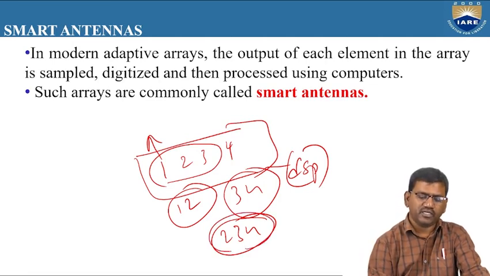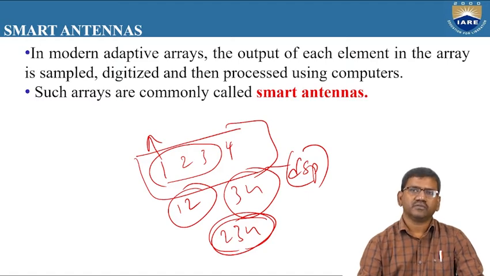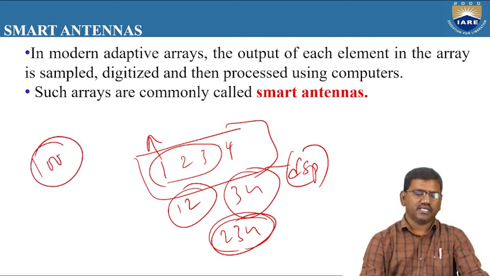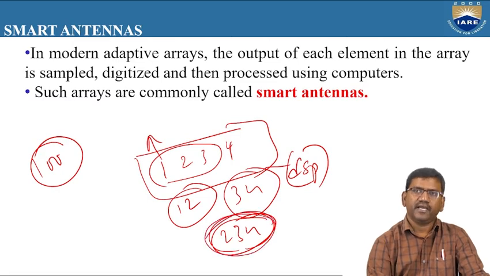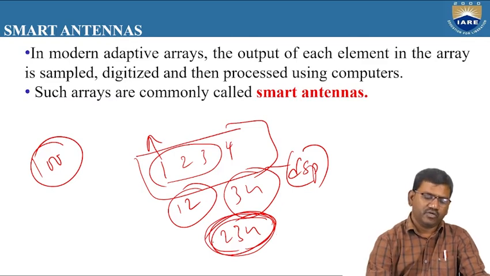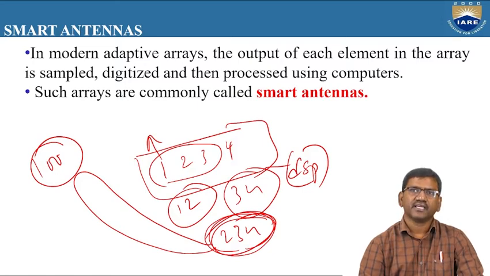So if we combine 2, 3, 4 elements, combining is nothing but increasing the amplitude of these elements. We are going to treat these 2, 3, 4 elements as one antenna. So if we consider these 2, 3, and 4 elements as one antenna, indirectly we are increasing the amplitude of the elements 2, 3, and 4. That means if there are 100 users in this direction, then 2, 3, and 4 are combined, indirectly increasing their amplitudes, thereby generating more radiation beam in this direction.